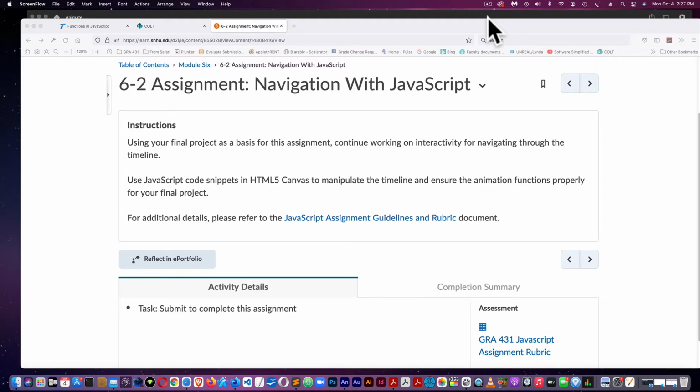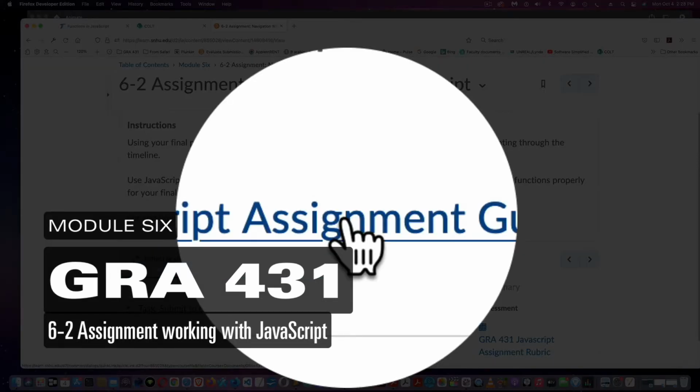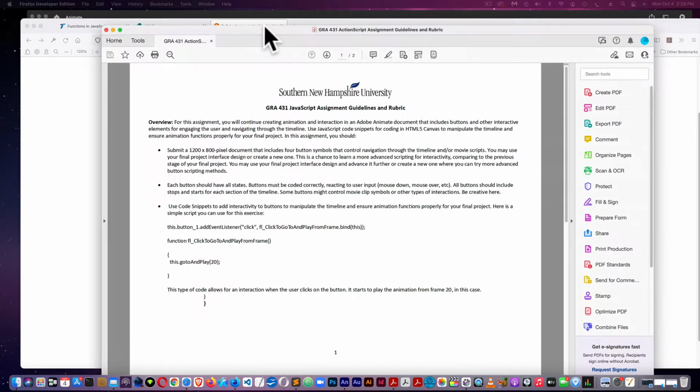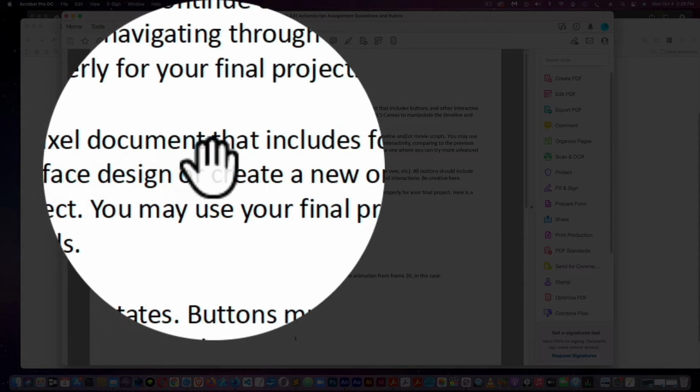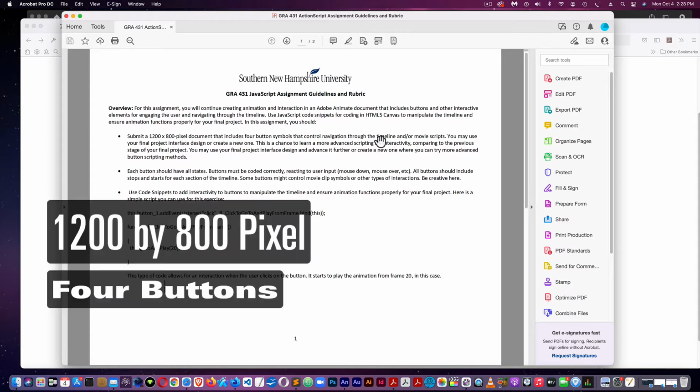This is the 6.2 assignment, Navigation with JavaScript. And if you come to this link, you can download the PDF. Here's the PDF. First, create a 1200 by 800 pixel document that includes 4 buttons that control navigation through the